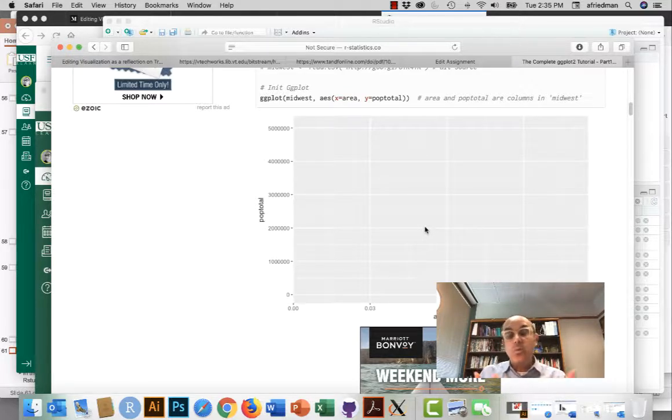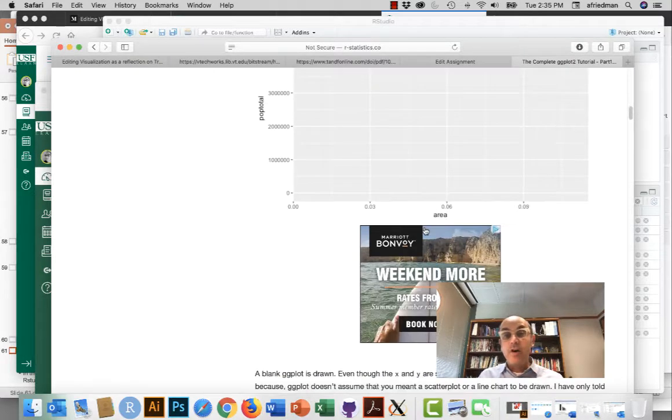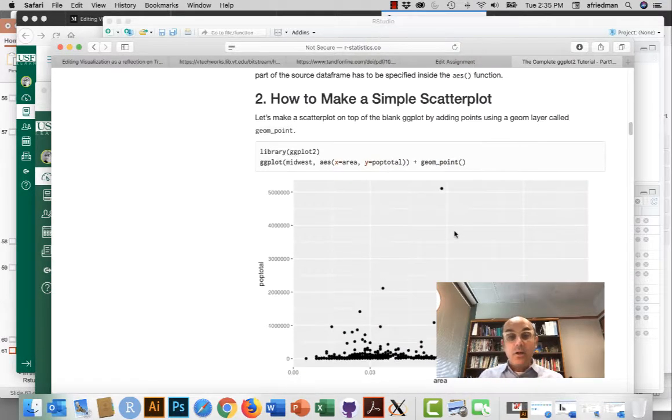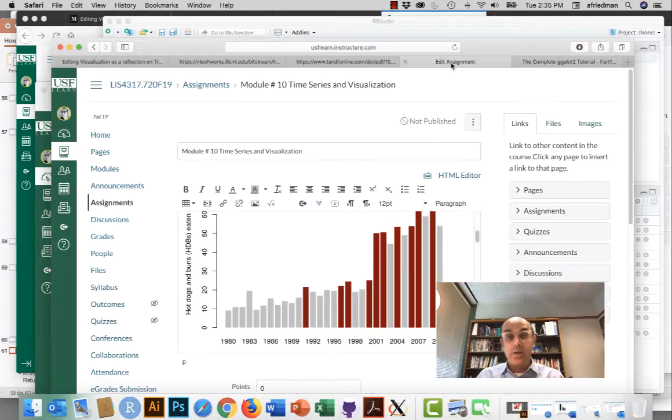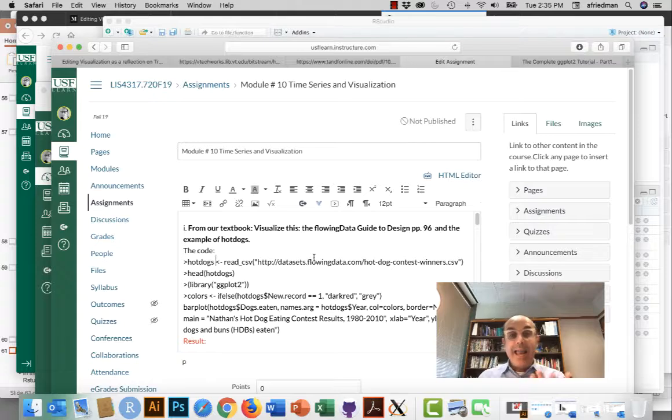In this case, we have two variables, and those variables are laid out for us in order to create a simple plot. We can add another layer to the data in order to apply to it. So again, I lay out for you